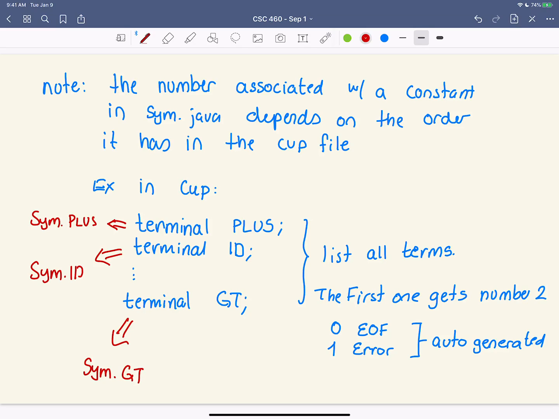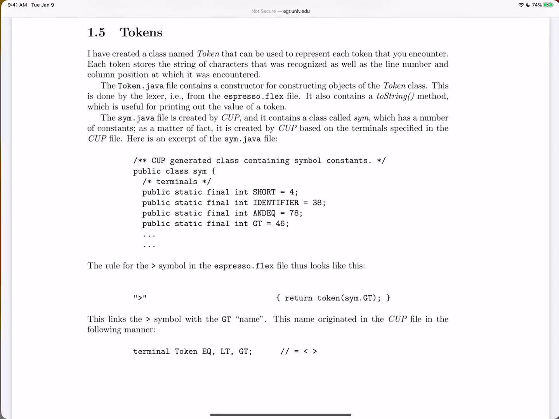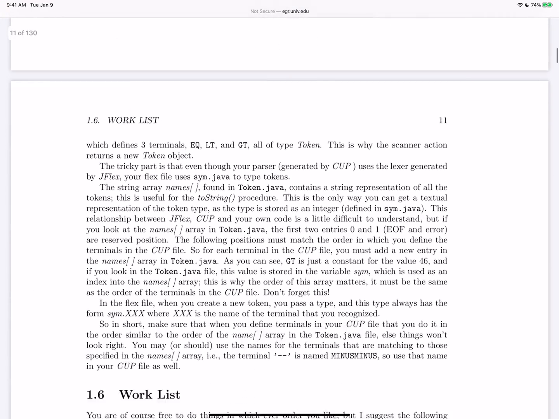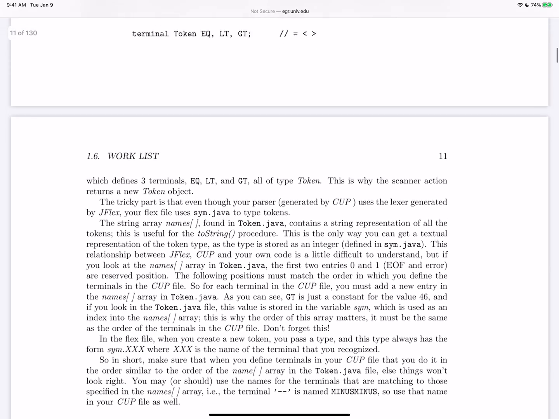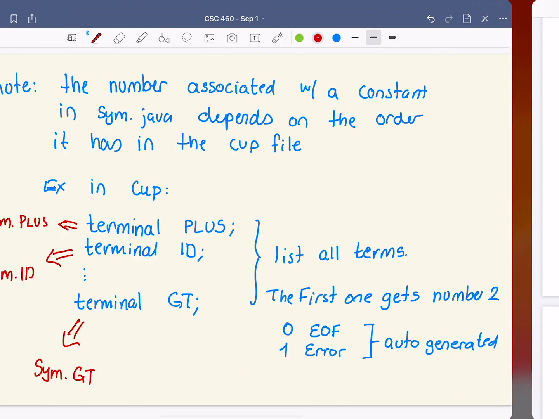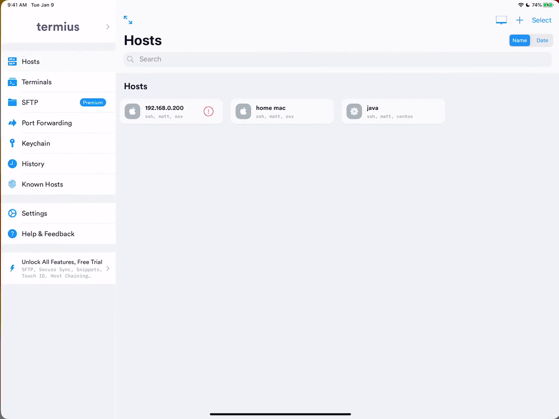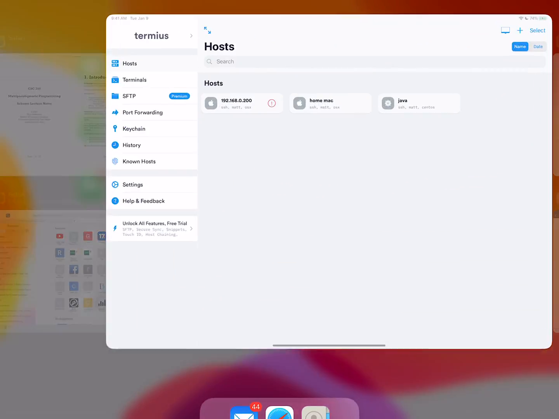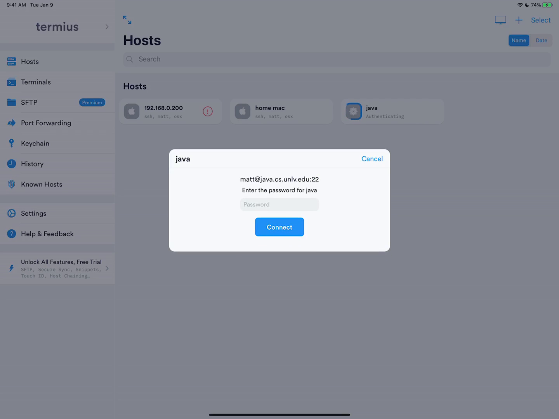Right. So let's just quickly look here. What's next down here? There's the work list. So before we get to that, I'm going to try to do this now, and this is going to be a first, because I'm going to try to... oh, I had this working a second ago.